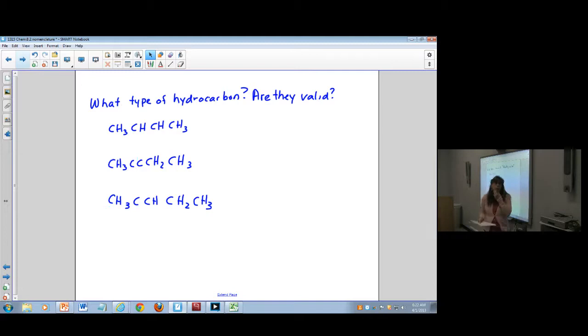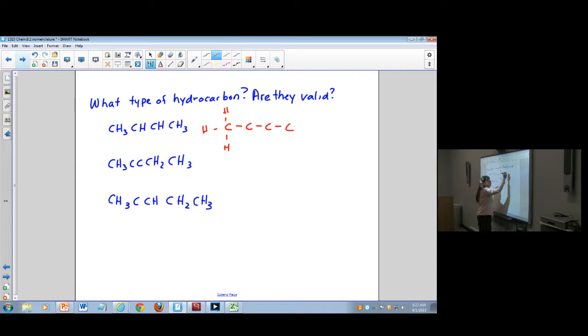All right, so now I want you to be able to look at structures that I've given you, and I want you to be able to tell me what kind of hydrocarbon they are. Is it an alkene? Is it an alkyne? Is it an alkane? All right, so that means you have to draw things a lot of times. So let's draw this structure. I'm going to leave the hydrogens off for the moment. I'm going to put on the 4-carbon chain that I see over here. And then, of course, all of this